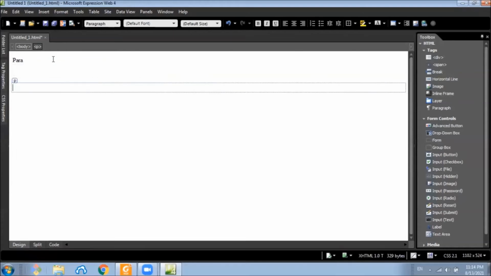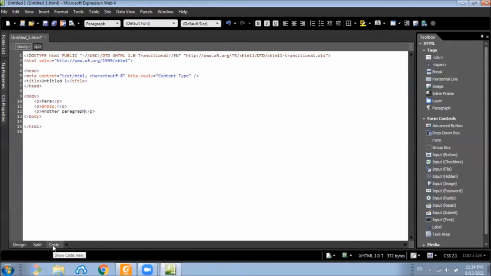But here, even without using the code interface, I can change and I can create another paragraph here. But if we visit the code interface, the code tab again, we can see this IDE has generated another paragraph automatically.